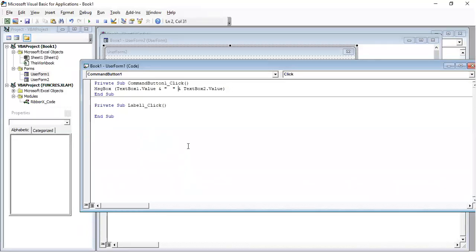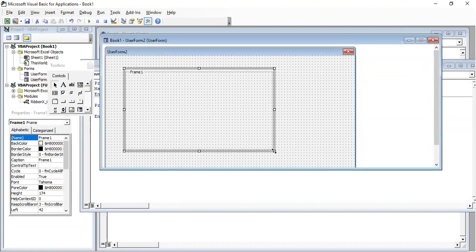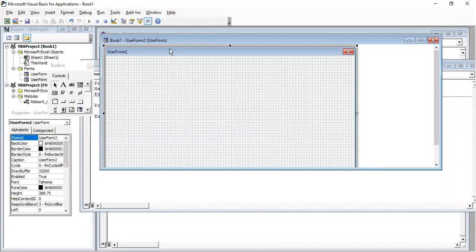So this is a simple form that we have created. This is how the forms are created. We have so many controls here. So this is a frame, where you can frame all the form controls. So within the frame also, if you want to group, we can do that. So I don't want any frame here.